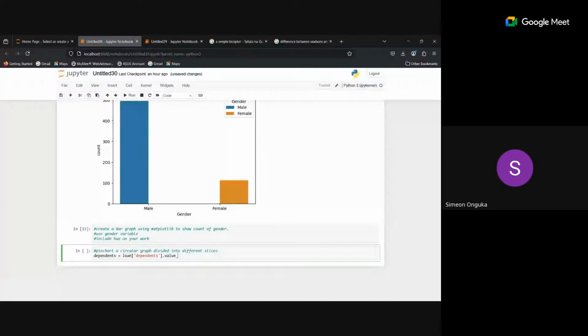So we want to count the dependents column, and we say dot values, then you put labels to be dependents